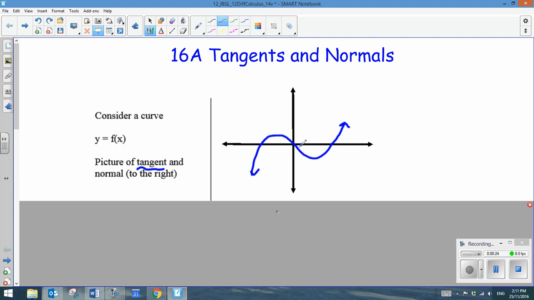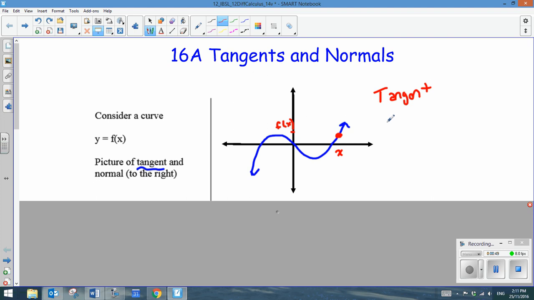So we could actually stop anywhere and wind up writing the equation of a tangent line. So we're just going to stop at this point here where you have an x value. And we'll say our y value is f of x, whatever this happens to be. So if I wanted to write the equation of a tangent line,